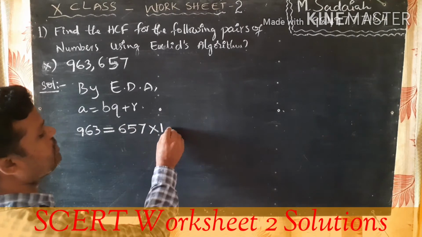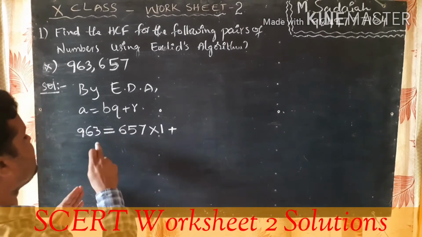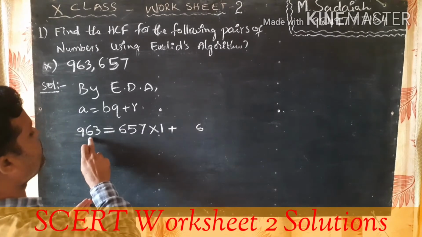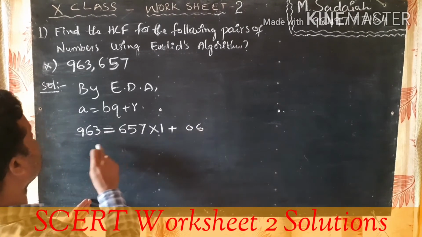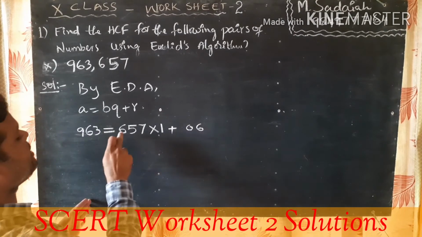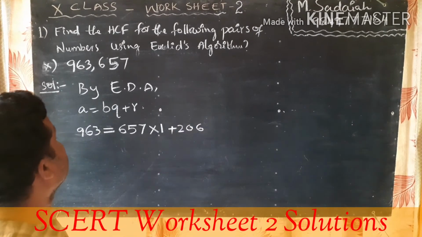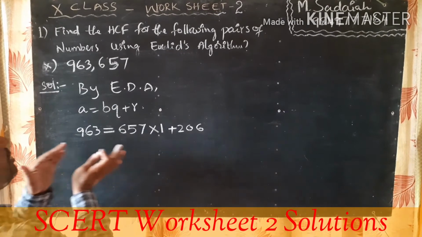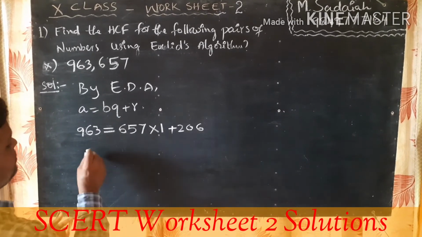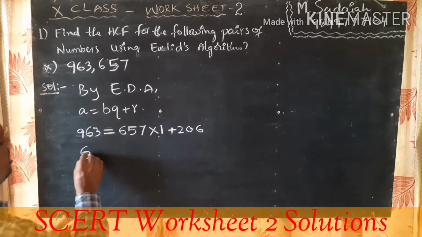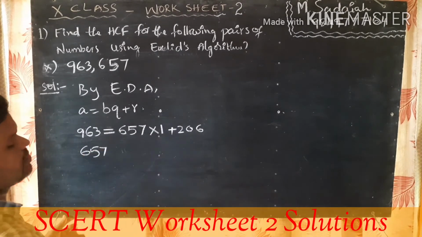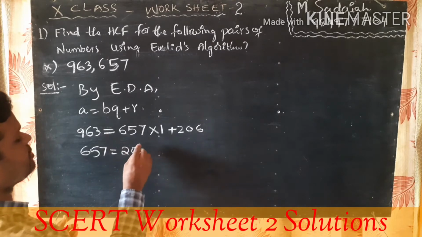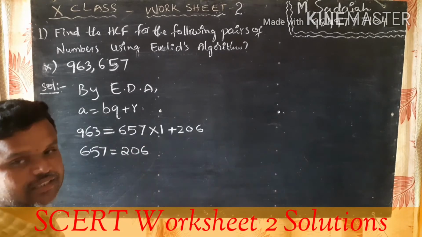657 into 1. What is the remainder? See, 13 minus 7 is 6. 5 minus 5 is 0. Again 9 minus 6 is 3. 306 is the remainder. Then you take 657 as the dividend, 306 as the divisor. Sorry,